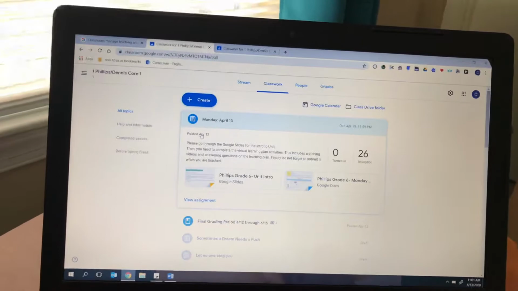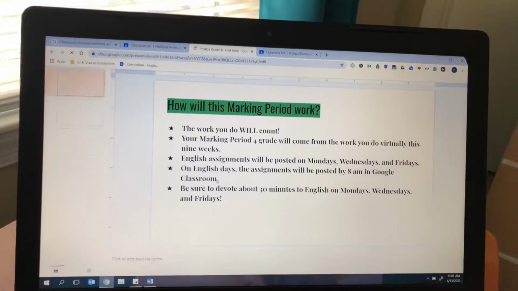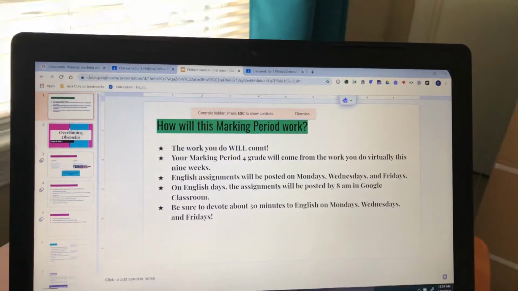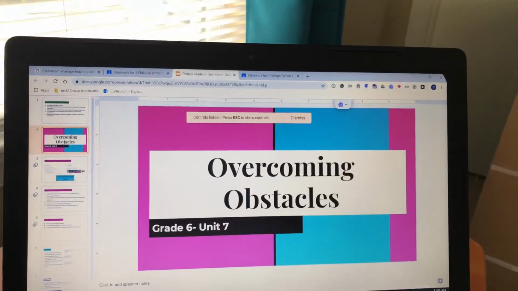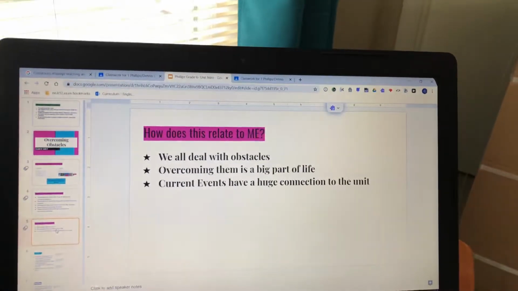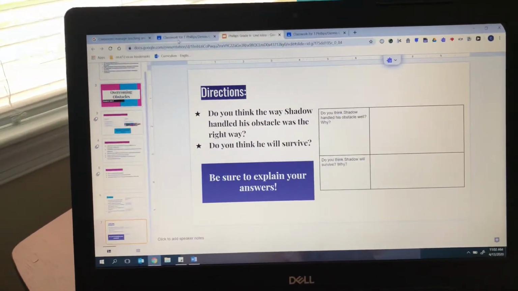So the first thing that you're going to do is click here. You're going to go through each slide. How do you go through the slides? On the left, you're just going to click on the slide that you want to read next. I'm just going down the list. Once you're finished reviewing all the slides, go back to Google Classroom